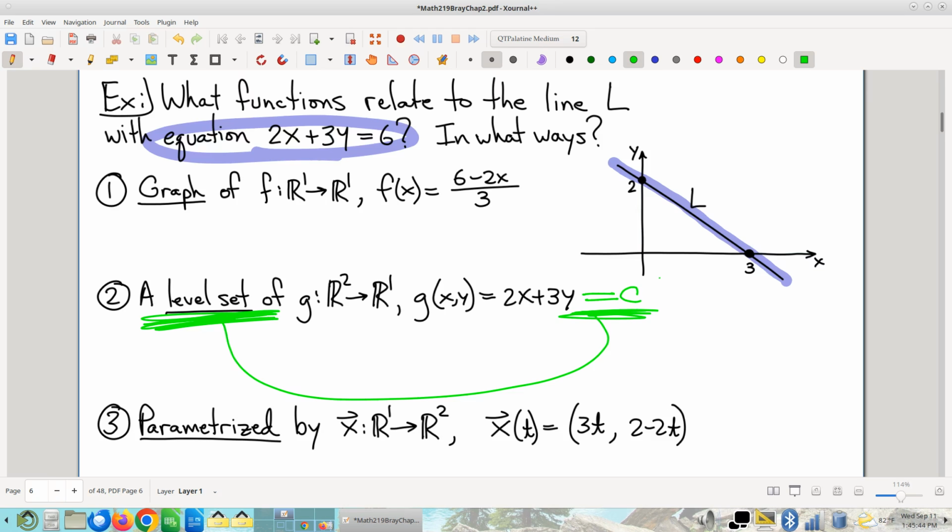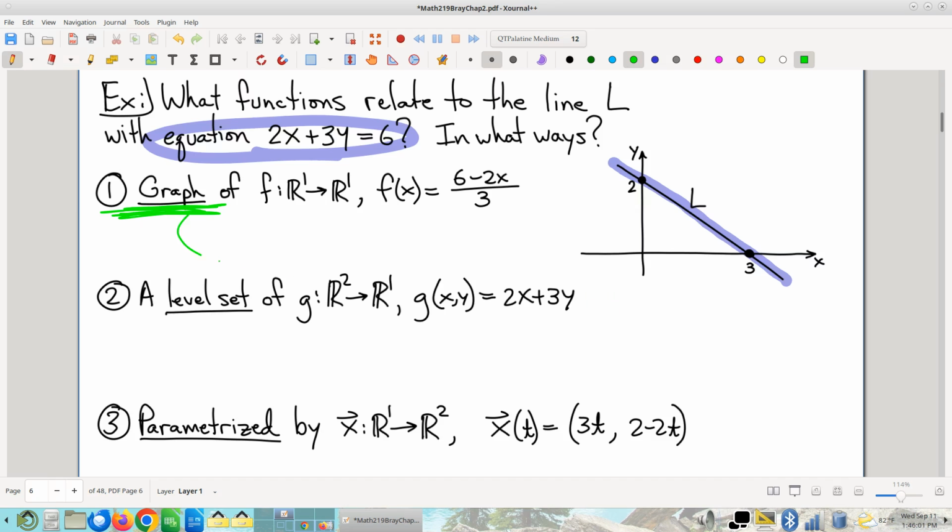And, well, good news, it was already in the form where some function equals a constant, right? And so that naturally gives rise to this function. Likewise, analogously, but differently, when I look at the graph of this function, I get the graph by saying I'm going to set this value of this function equal to a new variable. Wait a second, this is a function of only a single variable, x, and right, this is a function from R1 to R1, so I guess I'm free to call this new variable y,